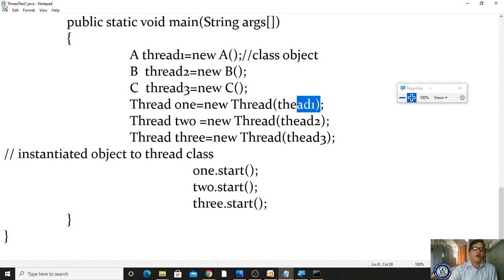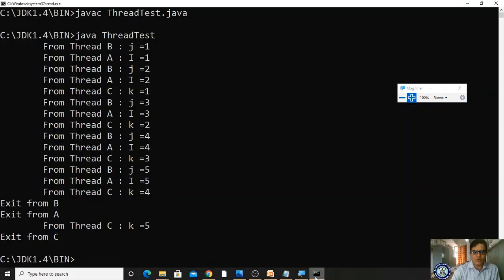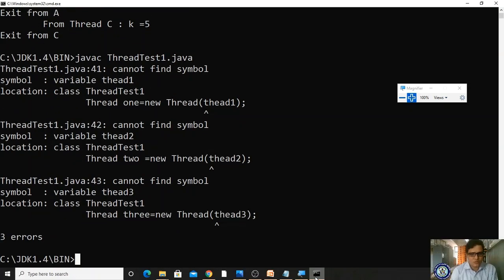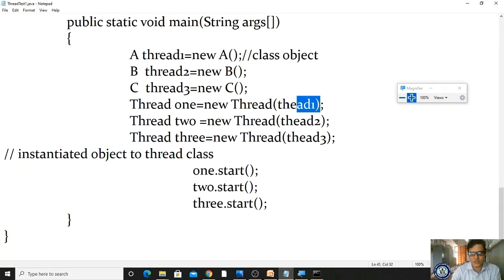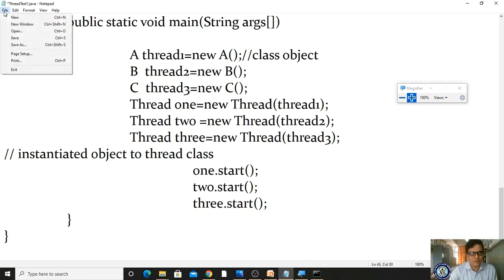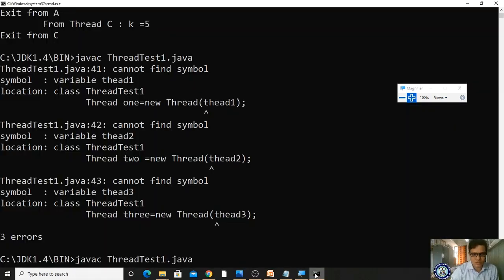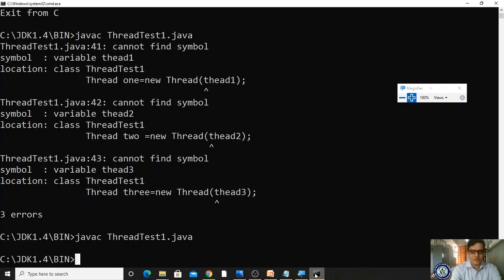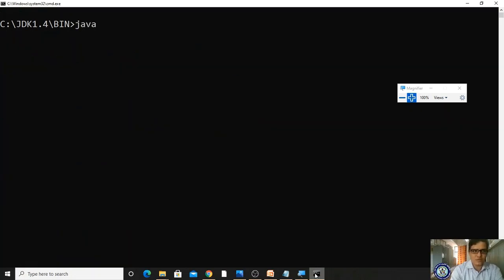Okay, yes. Now let me save and come to your editor and compile now, javac ThreadTest1.java. So yes sir, here are the mistakes. What is the mistake? Thread, right? Please observe here, a spelling mistake, T-H-R-E-A-D, that I made. Let me save it and I'm coming to my editor and compiling. Yes, there is no error, right? CLS, I'm running java. Let me run once again, compile once again, no error.